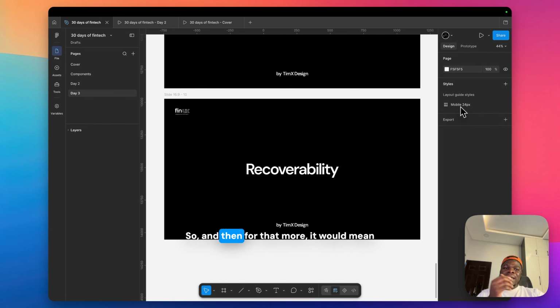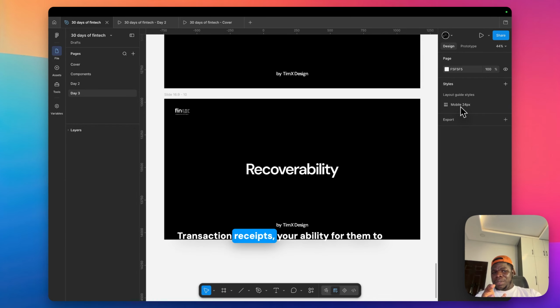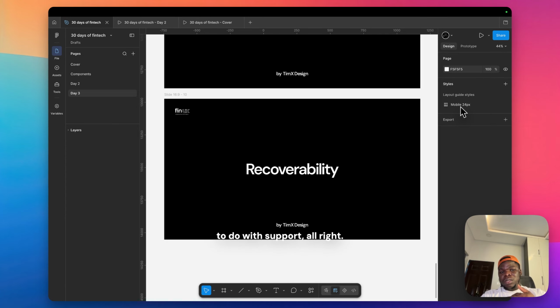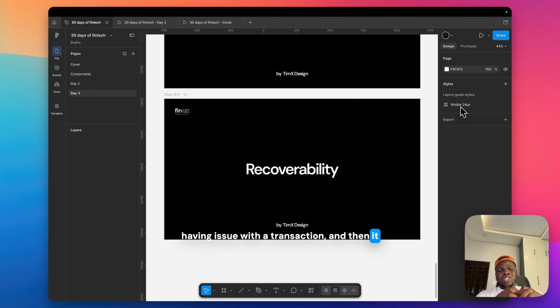And furthermore, when a user makes a mistake, a good fintech product helps the user recover. We already spoke about error messages and how important they are. Transaction receipts, the ability to interact with customer support, and not just interacting with it, but the journey being enjoyable, because it's so much pain having to interact with anything that has to do with support. It should be so easy. You click on the receipt where you're having an issue with the transaction, and it picks up everything about it and just helps you process it.